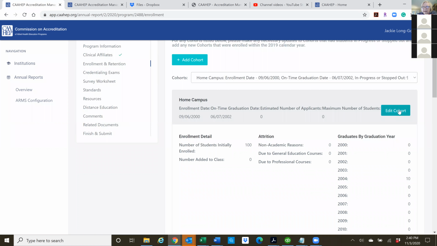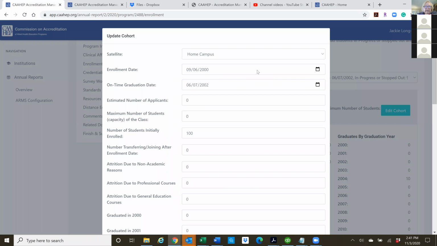So if you want to edit your cohort, you can go in and put in the estimated number of applicants. Let's say we had 40. We could take 15. We initially enrolled 12.